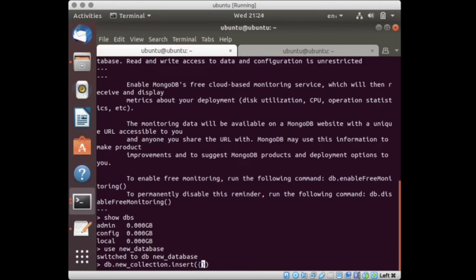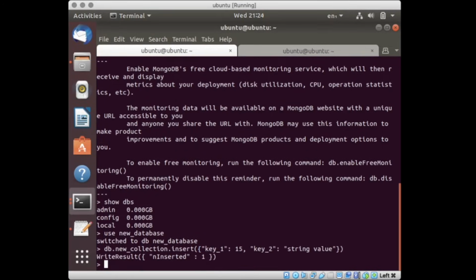As you know, MongoDB is a NoSQL database, which means any data that is entered has no schema. So we can directly use JSON type formats. A JSON string is basically a key value pair. Here you can see that I'm creating a key1 which is a numerical value and then a key2 which is a string value. This is a JSON object we are passing into the insert function that basically writes our new collection into the database. As you can see, the operation is successful.